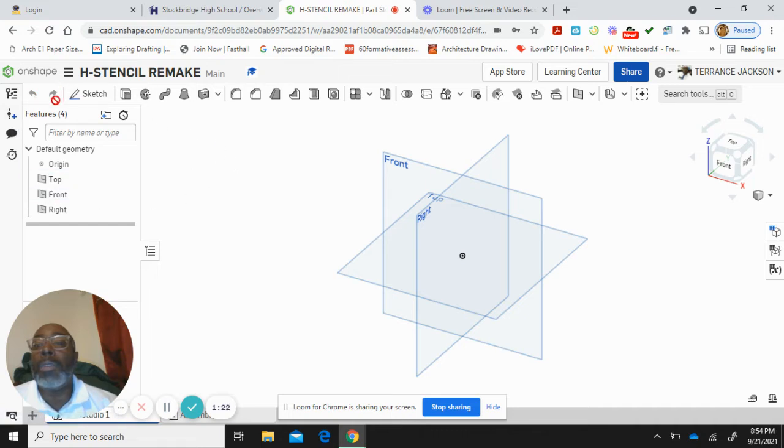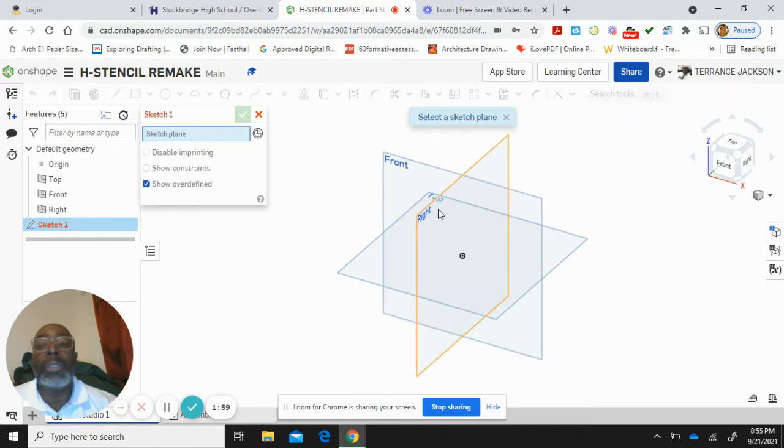So across your top here, you have different tools. So you have your sketch, you have extrude, which you'll use a lot, and you have other tools such as revolve, sweep, loft, and thicken, and so forth. And you also have modify tools such as fillet, chamfer, draft, rib, shell, hole, and pattern. So we're not going to really be using probably any of those over there. All right, so we're going to start out